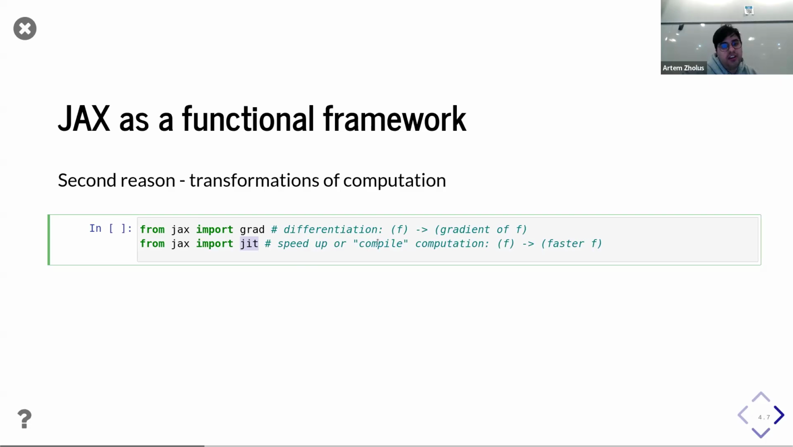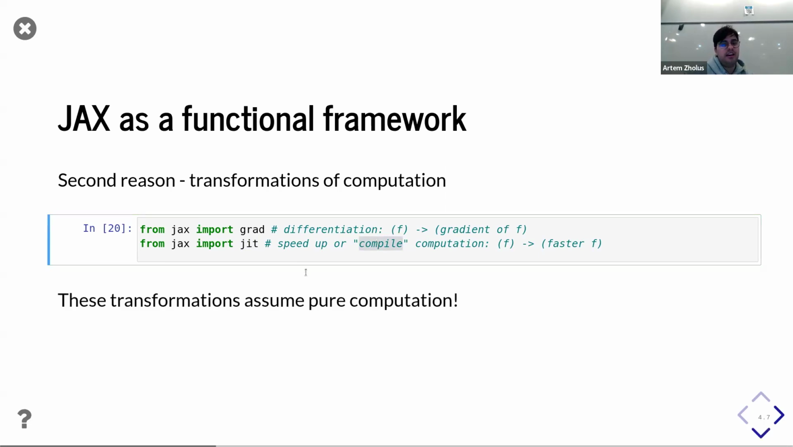Yeah, so in general, this is like compilation of the computation. So let's import these functions and see how purity of functions affect this transformation. So for you to know, these transformations assume pure computation, because essentially the only way to perform transformation of a computation is to